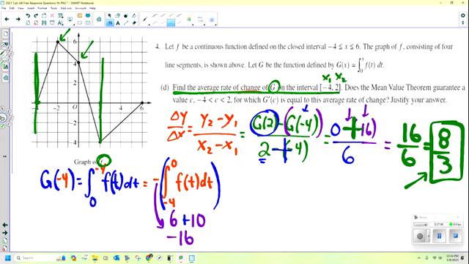They're trying to get you to see that there's a corner there. So the mean value theorem only works if my interval from -4 to 2 is differentiable everywhere, meaning I can take the derivative everywhere. If you're looking at F, you most certainly cannot take the derivatives at these corners. But we are talking about the one, the only G, and that is differentiable everywhere. And yes, we can find the derivative at one point that's equal to that. All right? So I am just going to state that,